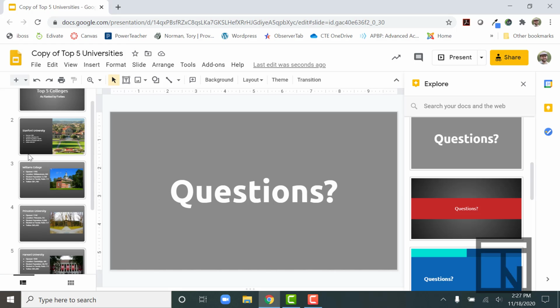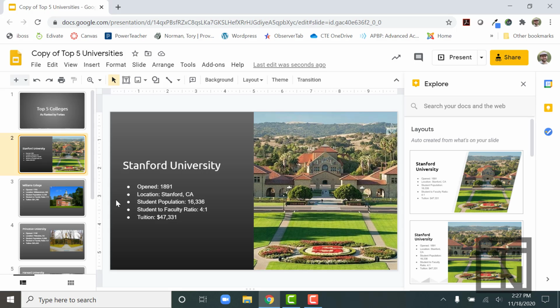Now, as we look at our presentation so far, we do have some bulleted text on here. And in our previous presentation, we looked at how to add animations so that each of those comes in one at a time. And if you wanted to talk about each individual item here one at a time, you could totally do that. But in this presentation, that doesn't really fit very well because I'm not here to talk about